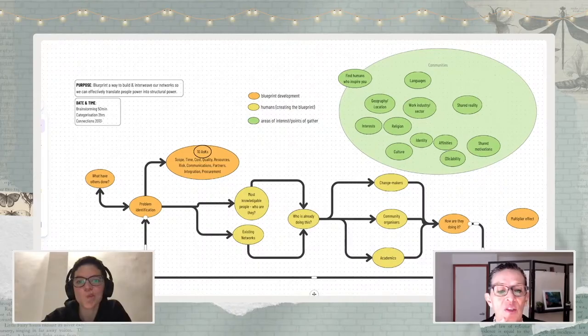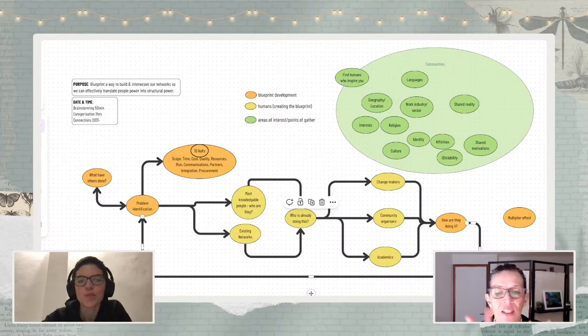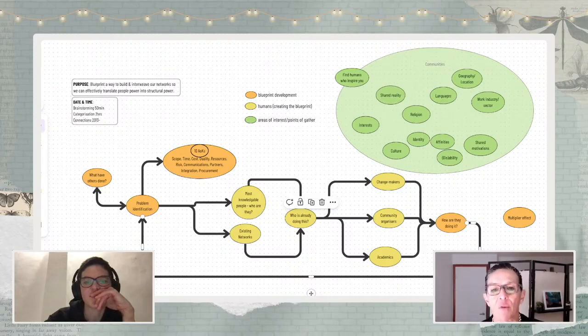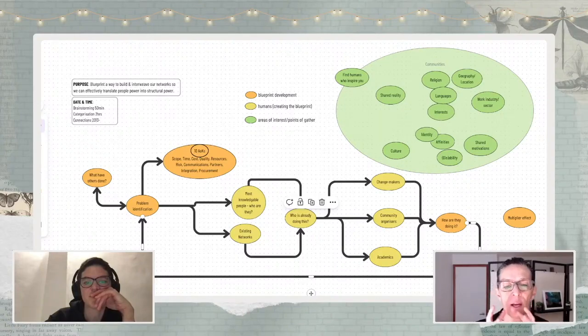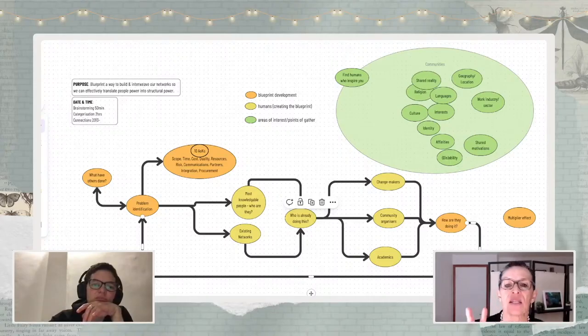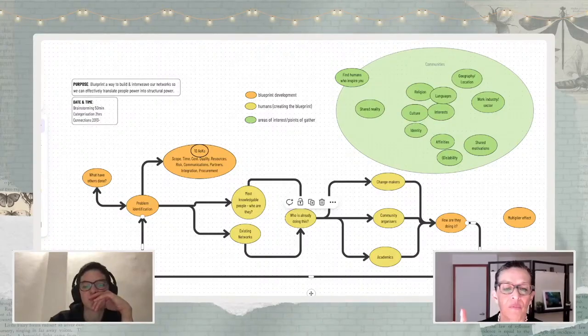Let me start with the other ones. So geography, interest, religion, culture, identity, all that are like fixed features, in the sense that religion is a fixed feature, right? It's a categorization of a community that gathers because they have that common religion, or a common identity, or a common culture. That's what I call fixed communities. What do you mean by fixed? They exist, they are established. Okay, that's how I see it.